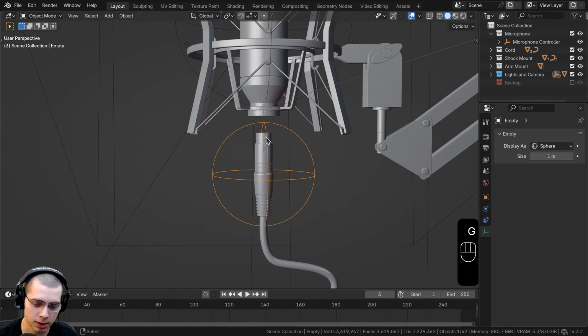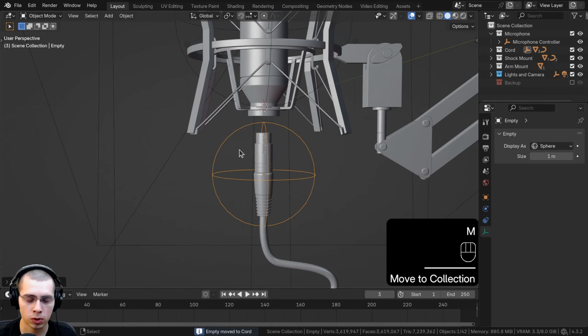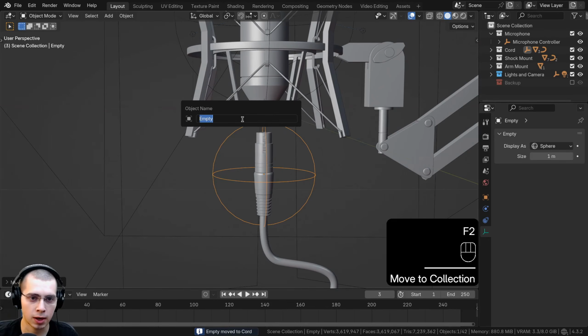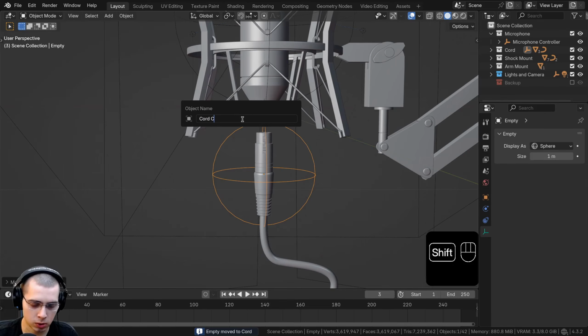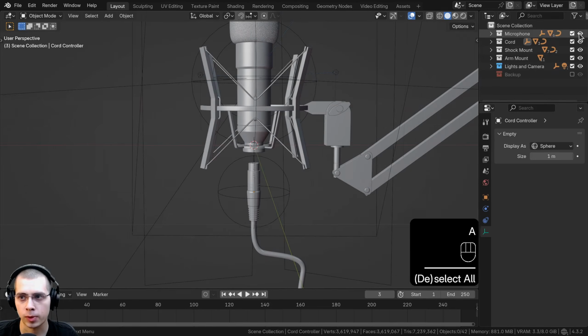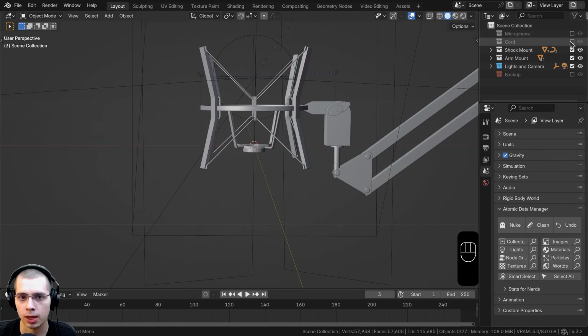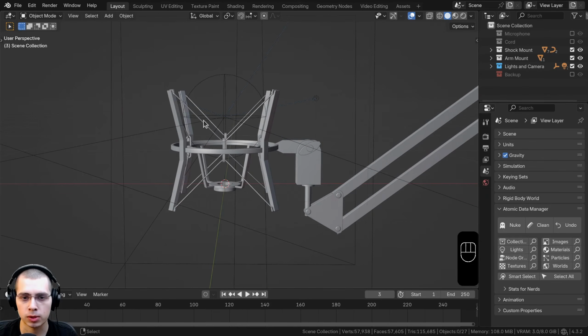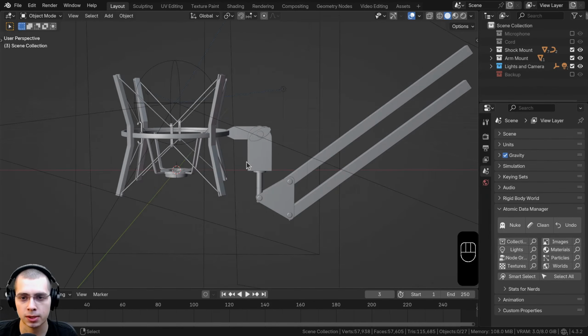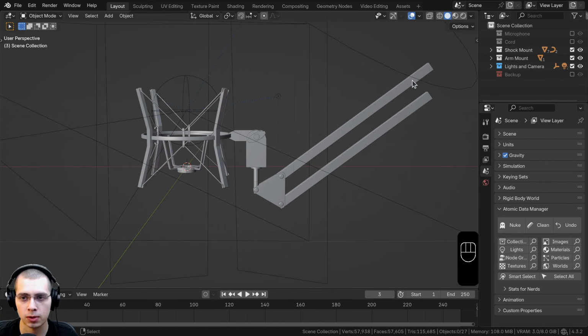So select this object, we'll hit M, we'll move it to chord, and then we'll rename it. So hit F2, and I can call it chord controller. So we can now hide the microphone and we can hide the chord. And I now want to parent all of these objects, and they're going to be eventually parented all over to